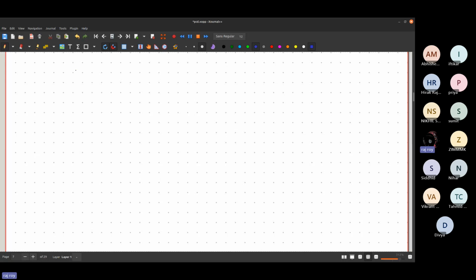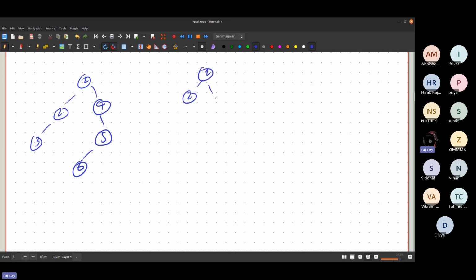Assume this one: 1, 2, 3, 4, 5, and 6. And you will be given another tree: 1, 2, 3, 4, and 5. And what they are asking you to do is add exactly one edge between these two trees